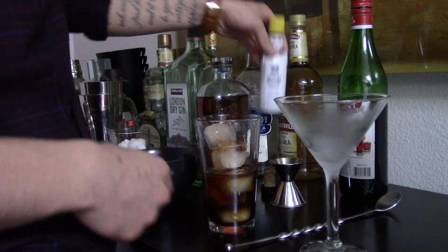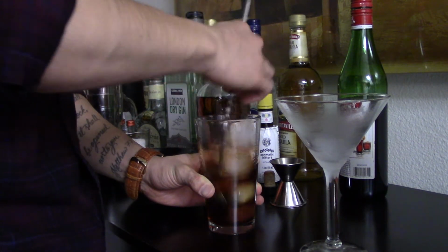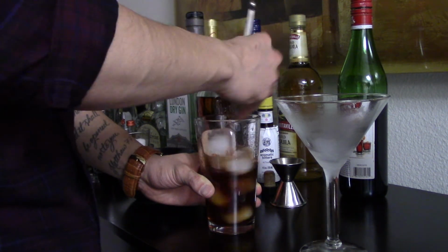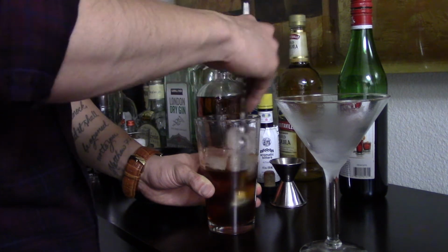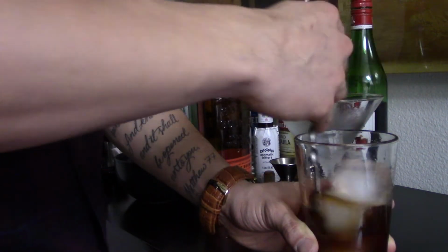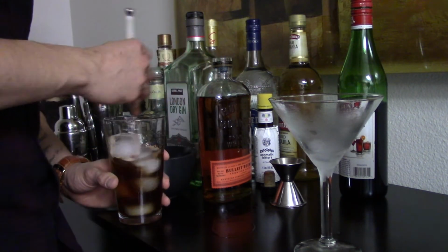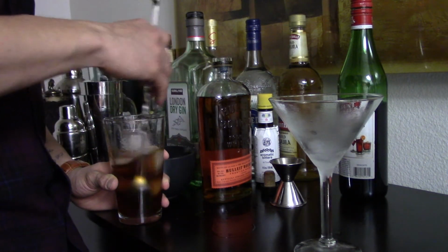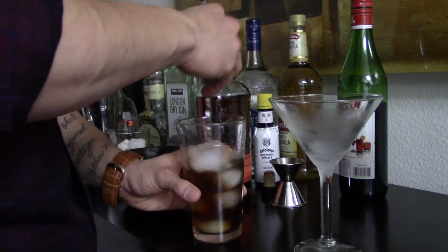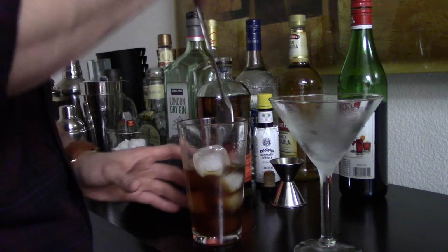Boom! I know it wasn't very pretty, but whatever. Gonna stir it up vigorously. I don't want any of that foam shit. So you're gonna stir it. You're gonna stir it some more. You're gonna stir it more. And now finally, we're ready. So, now that we stirred it,